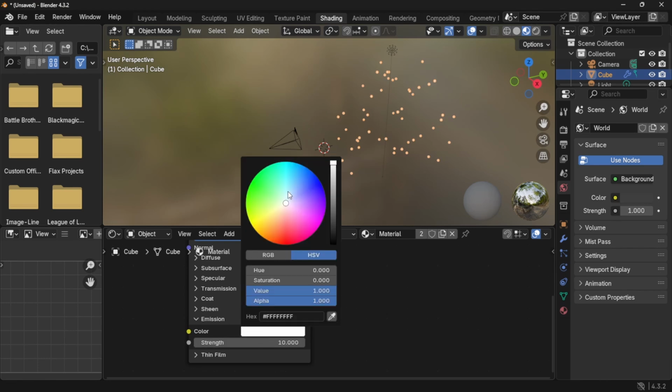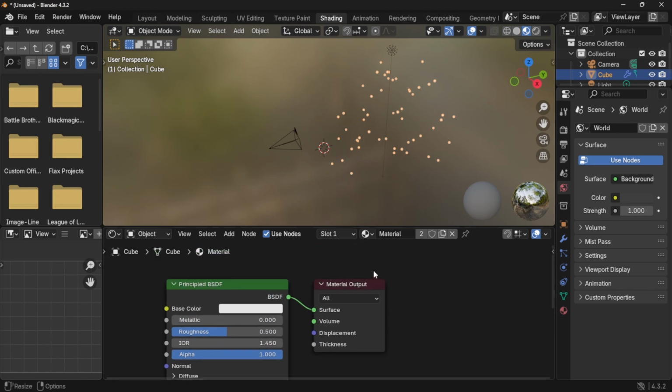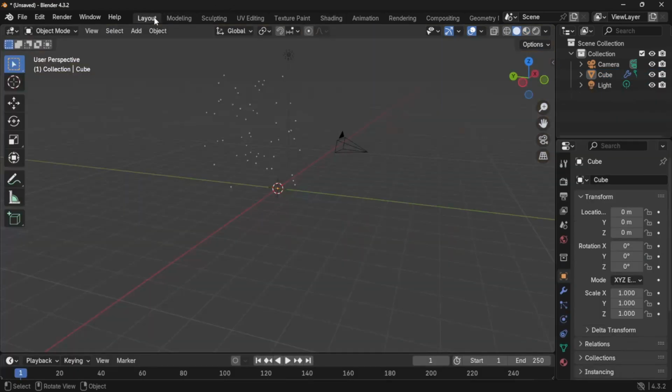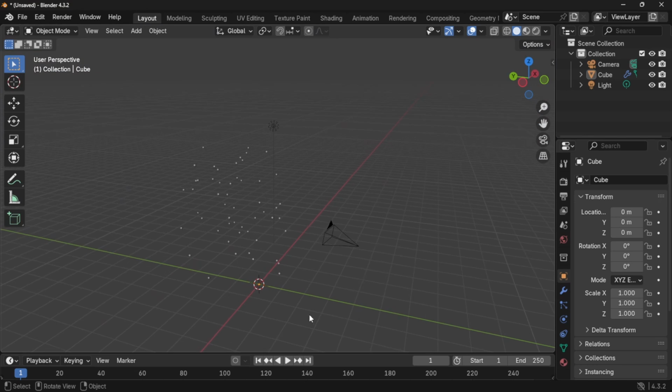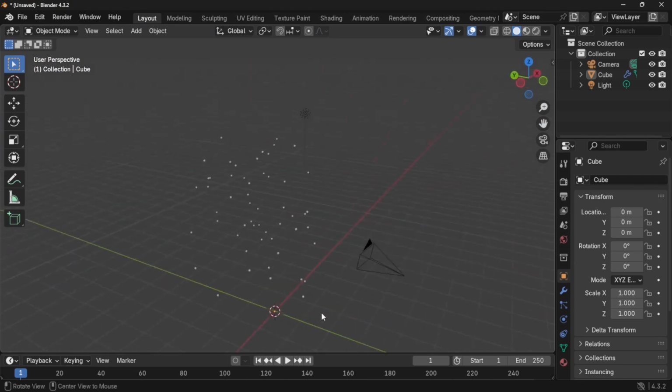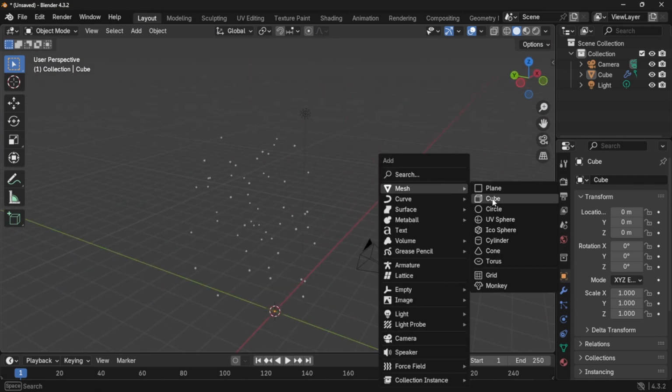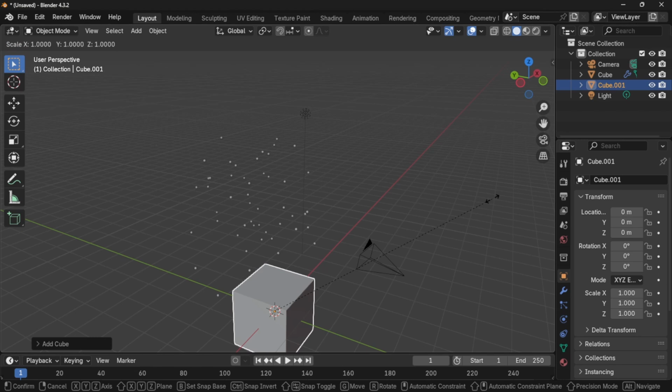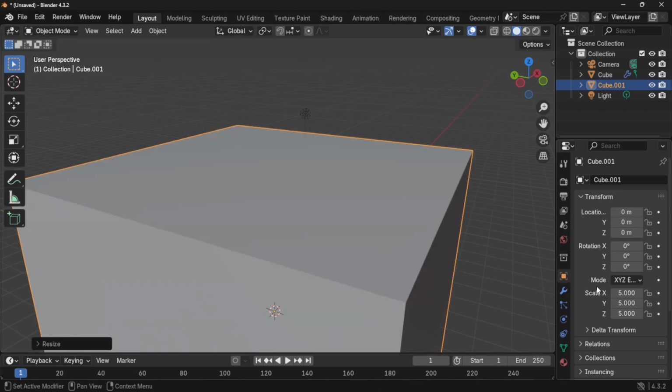And let's change the color to a little bit bluish. This is not bluish. I'm forgetting the exact name. But yeah, whatever it is. Now, lastly, what we want to do is we want to add a cube. Let's increase the size of the cube,